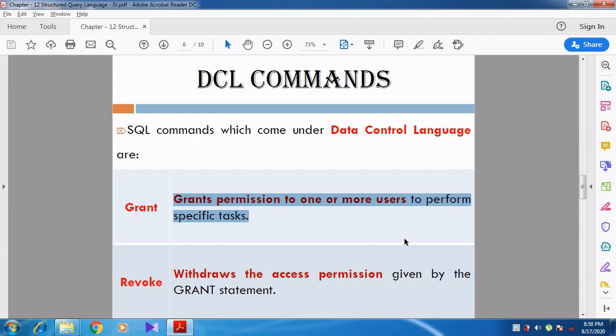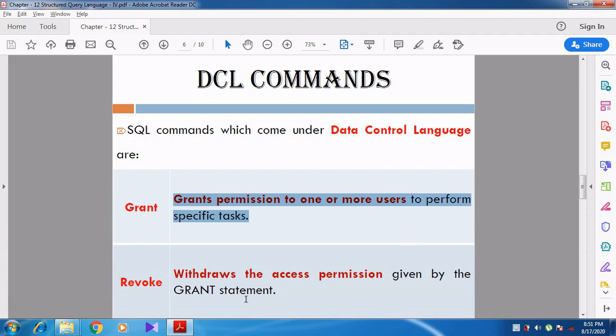For example, you are able to access the data in the table, you are given access to delete the data in the table, or you are given access to create a table in the database. Like that, giving permission for doing some operations in the database.